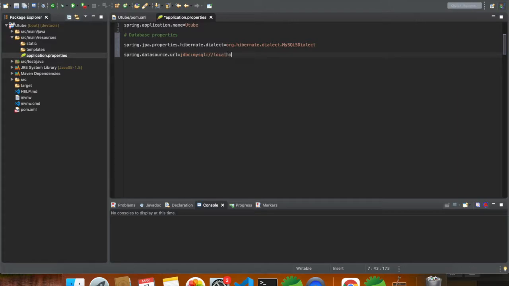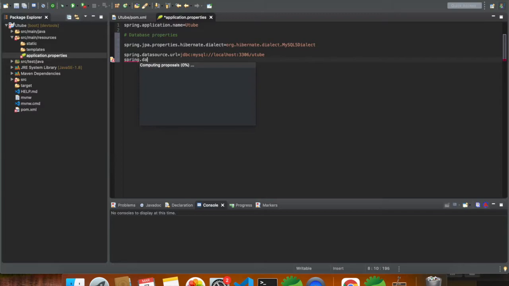This is where my database resides, colon 3306. This is the port number, slash, this will be the name of the database. So here we will give the name YouTube. So slash YouTube.